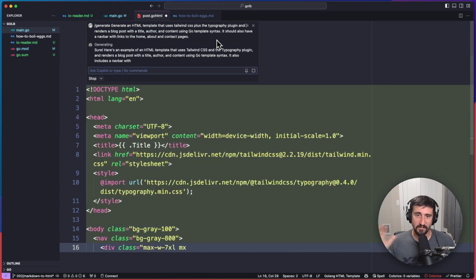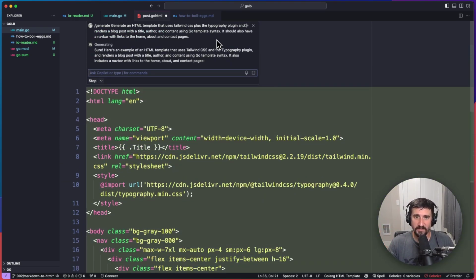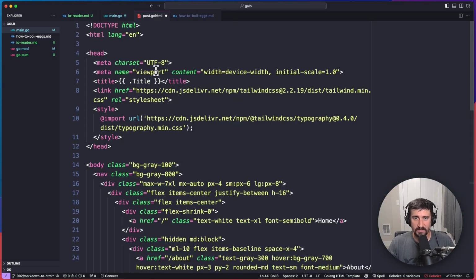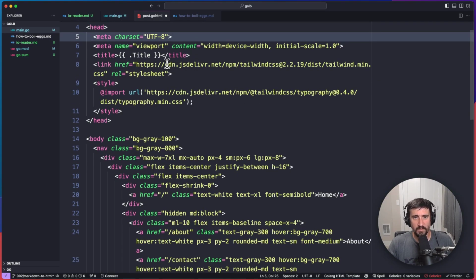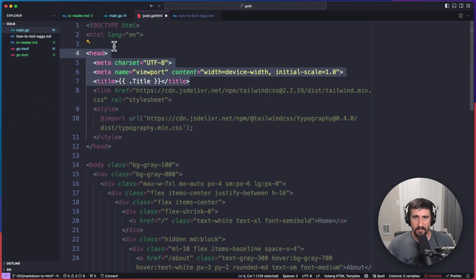Chances are I'm going to have to tweak this, and I'm completely fine with that. I'm just hoping it gives me a decent starting point. I'm just going to accept it because what I saw looks reasonable. Okay, so first we have the head, and inside of here we have just the meta stuff that I'm